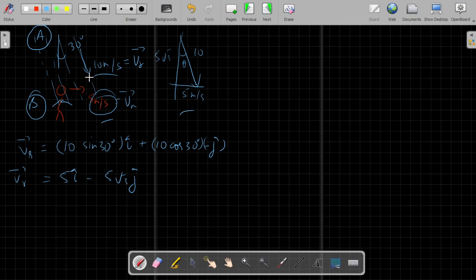So this can be inferred by simply observing their velocities in x direction, right? And this can also be seen by doing the question vectorially. Now A and B are actually rain and man. If I were to replace car A with rain and car B with man, then they would be seeing the same situation in that way only. That the man won't be seeing the rain traveling in x direction. It would be seeing the rain only in y direction. So that is what we are looking for.